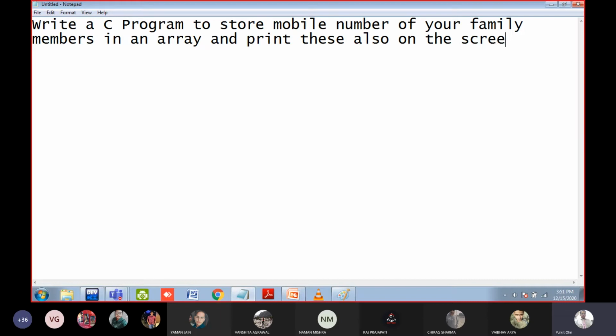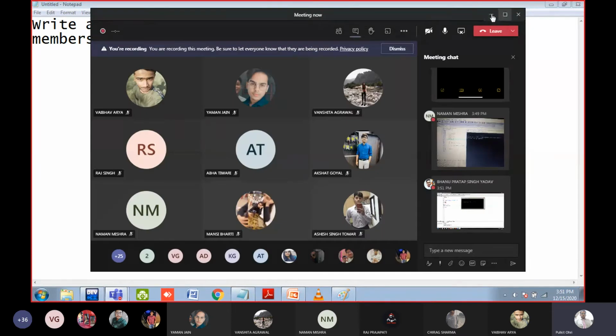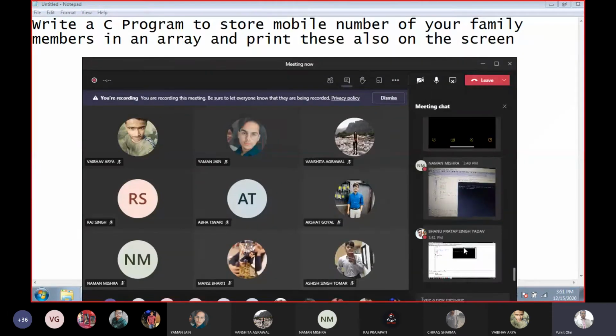Maybe your family size is, for example, in my family, 4 people are there. So maybe in your family, 3 people are there, 4, 5, whatever. It depends on you. Just store the mobile numbers of your family members using an array and print them on the screen using the for loop. Do it ASAP. Very basic question. I have given this question just to check whether you have understood the syntax of the array or not.